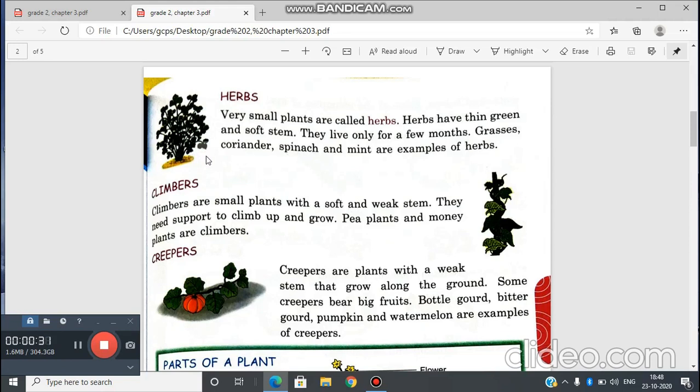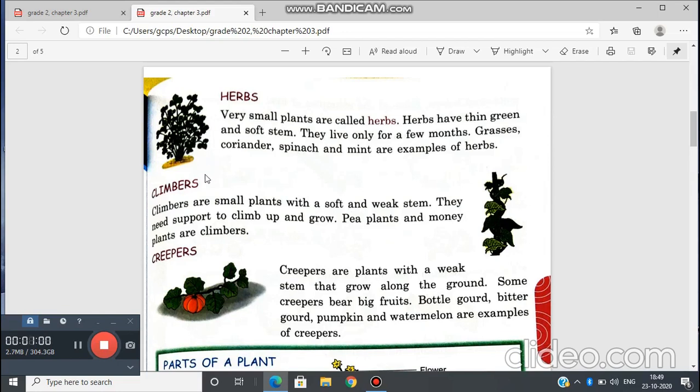Okay, herbs are small size plants. Is this small? Yes. This is very small plant with soft, green, delicate stem, without the woody tissues. You can see?